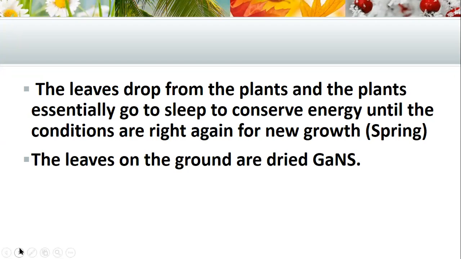And when we have the leaves on the ground, we now essentially have dried GANS on the ground, because now that gap between the two surfaces of the plant has closed to such a degree that sometimes when you pick up those leaves, you can see that they just crumble in your hands, and that's essentially now dried GANS. So it's the same when, I don't know if any of you have dried some of your CO2 GANS, it just forms a nice powdery substance, and that's what your leaves are as well. When you crumple them up, it's just a nice powdery substance, and that's essentially dried GANS.